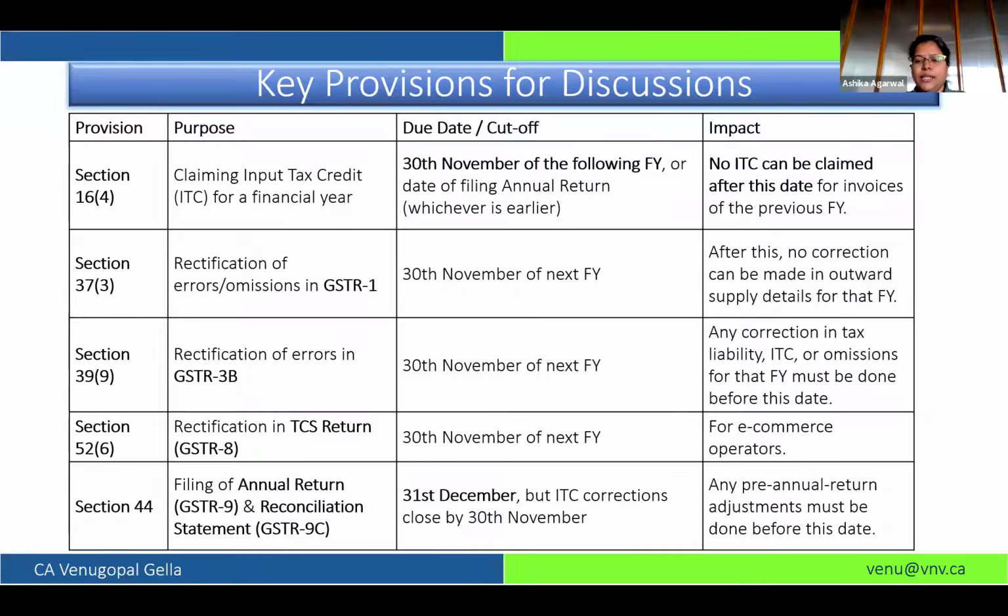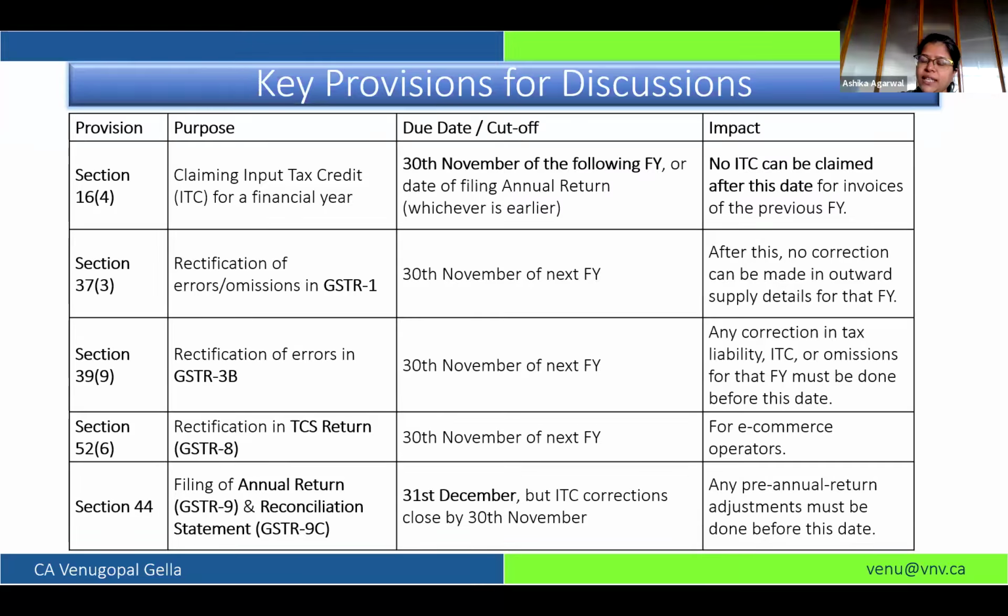So this October month return is very crucial, because all the corrections, all the errors, if anything we have made in 24-25, need to be corrected by this October month GST return. If you see on the screen, for every provision, the cutoff date provided is 30th November.